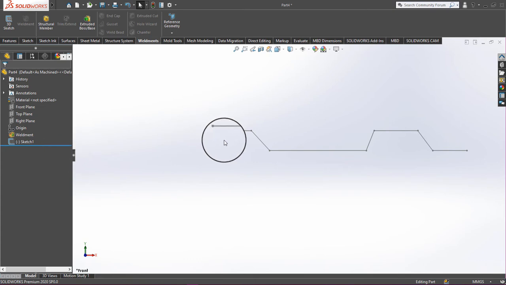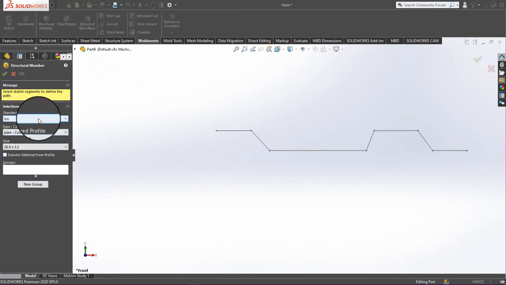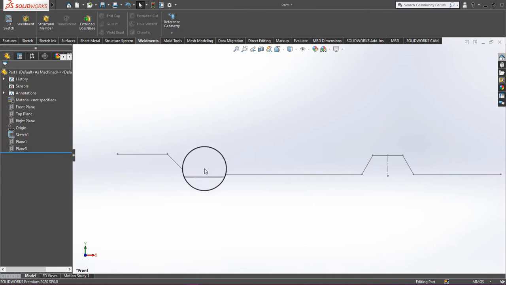So here I have my SolidWorks, and we will click on structural members and ISO. I will click on Weldmate IS 808 1989. Here is our 2D sketch, and now we want to add a Weldmate profile here.